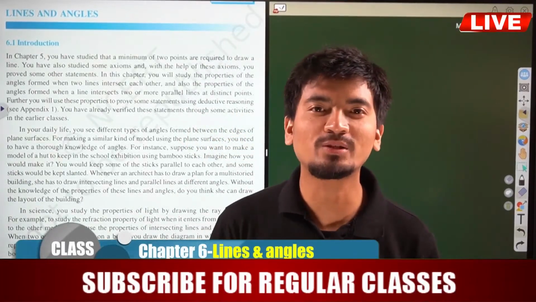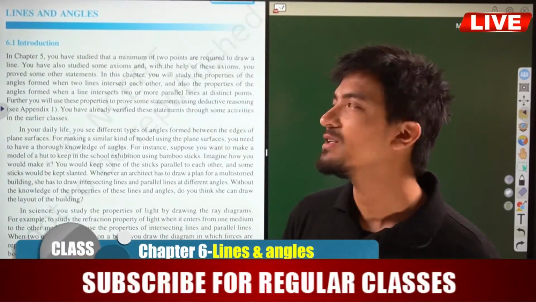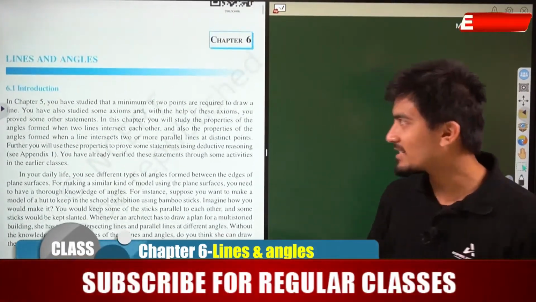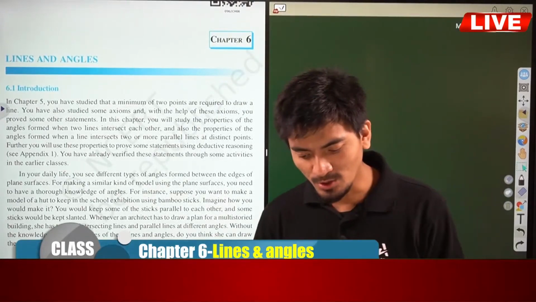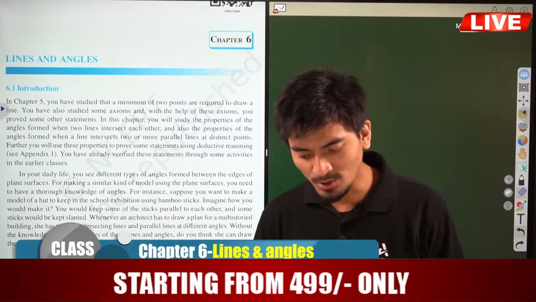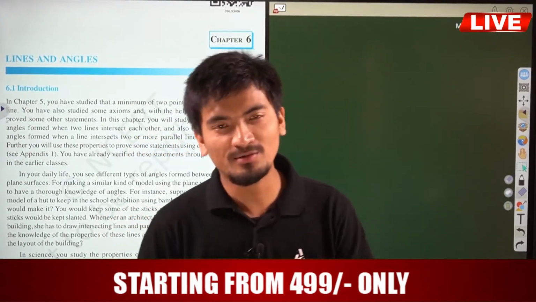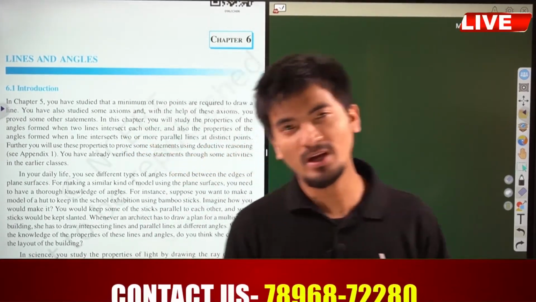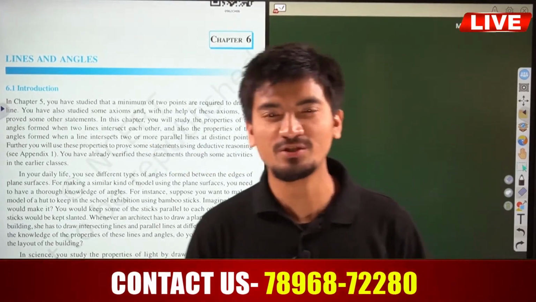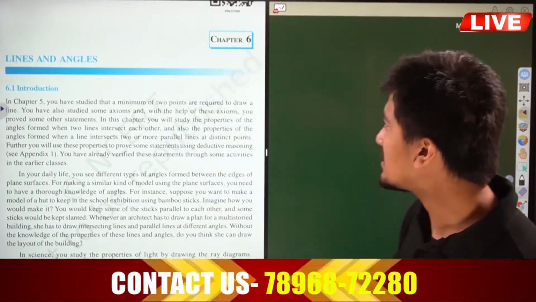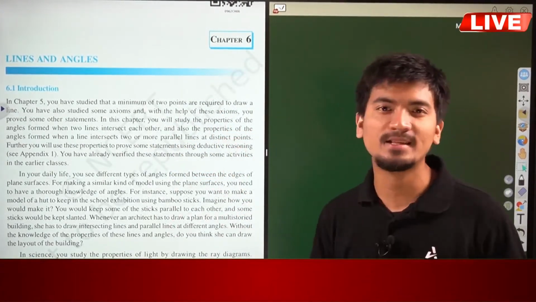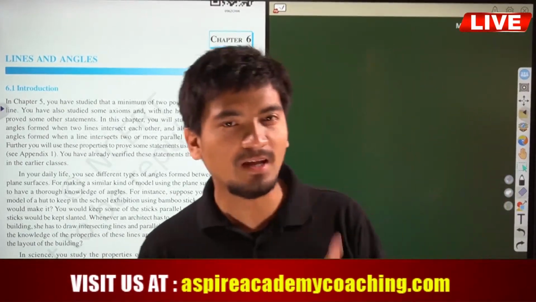So today we will be starting with a new chapter, that is lines and angles. I taught you the previous chapters like polynomials, and then we have done the pair of linear equations in two variables, right? So today we will be starting with chapter 6, that is lines and angles, and this chapter is very important